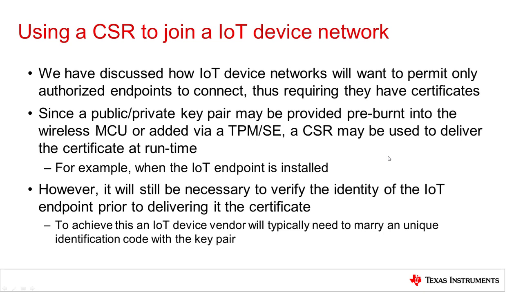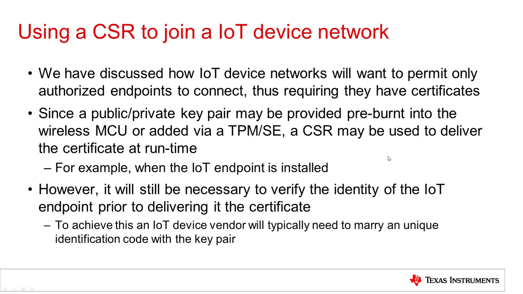And to enforce this, the IoT endpoint device must have some type of security credential, which will typically be a certificate if the IoT network is using something standard like TLS authentication. If the IoT device has its own public-private key pair, it's possible for the IoT device to generate a CSR and get the certificate delivered at runtime rather than having to burn it in directly in the factory. The advantage of getting the certificate at runtime is reduced costs, because managing certificates and the associated private keys during manufacturing